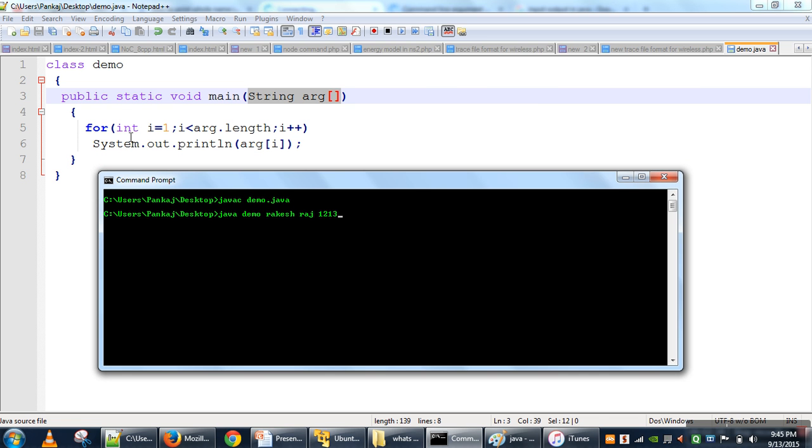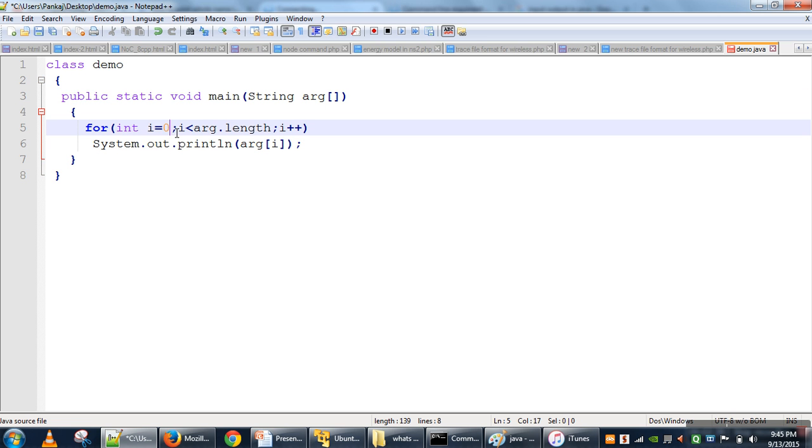So here we have taken one loop, starting from 0, and it will run for the number of elements in the array. Here arg is the array variable, and when we say arg.length we are accessing the length property of the arg array. If this array has 3 elements, it returns 3. So our loop will run for 0, 1, 2, and we are printing arg[i]. First it will print arg[0], then arg[1] and arg[2].